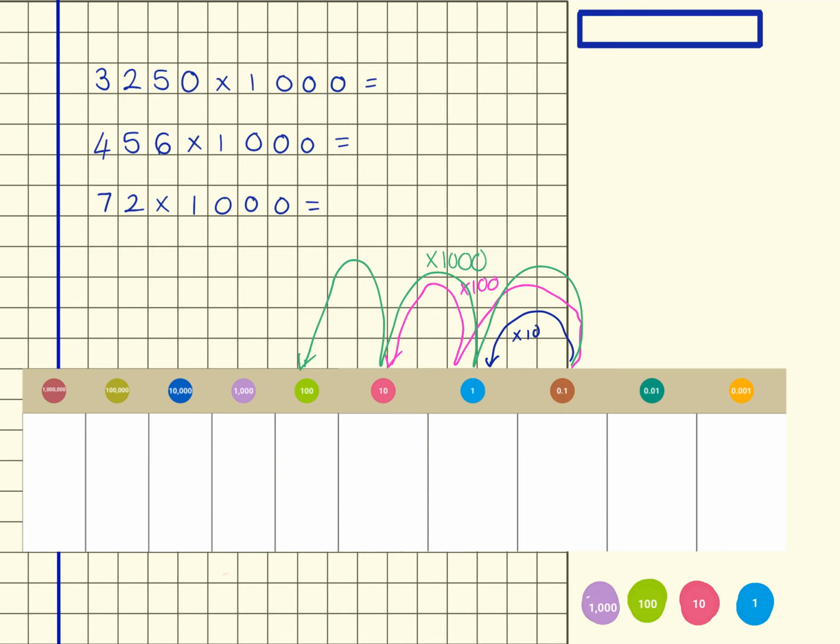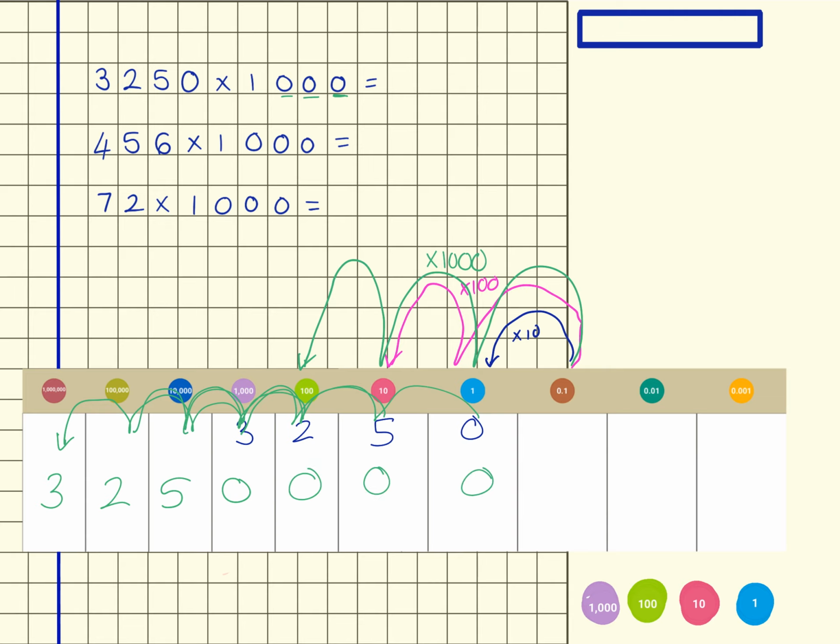So I've got 3,250. So let's write that in. 3,250, and I'm going to multiply that by 1,000. So I need to move 1, 2, 3 place value columns to the right. And actually one of the ways I always find this quite handy to remember is that I've got 1, 2, 3 zeros here, and that's how many jumps I need to make with my digits. So my 3 is going to move 1, 2, 3, so it's going to end up in this column. 1, 2, 3, 1, 2, 3, 1, 2, 3, and then you'll see that I end up having to put